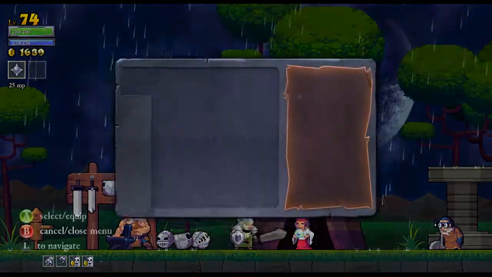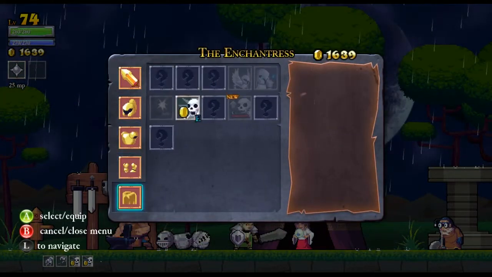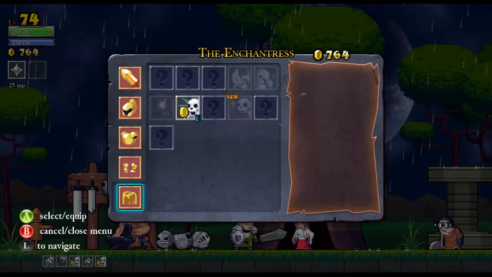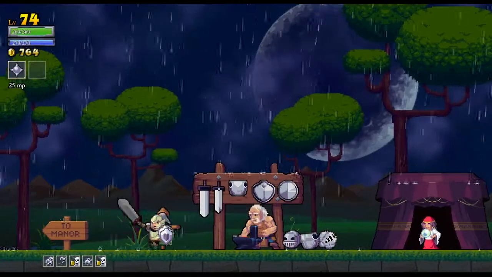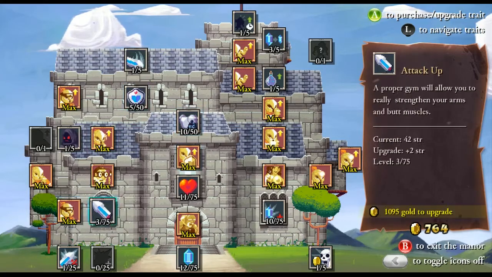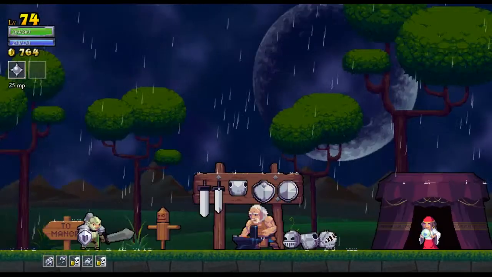Nothing here. What do we got new here? Vampire Ruin and a Haste Rune, move faster. Interesting. I'm going to take that. And then another Curse Rune. Not visibly faster, but I guess every little bit helps. And I can't afford any more upgrades, so...